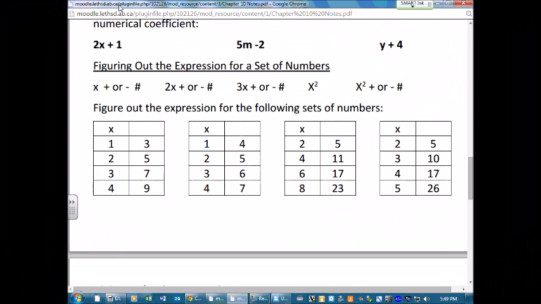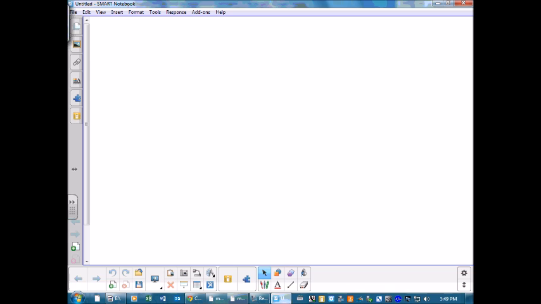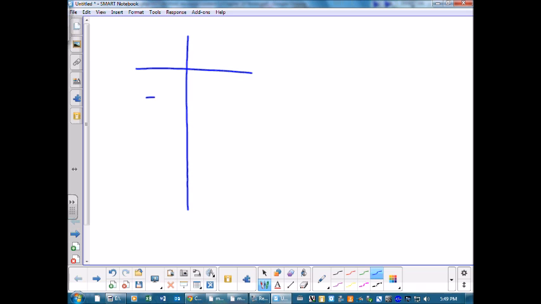Okay, this part of 10.2 on variables and expressions is trying to create expressions based on some numbers that have a pattern. Now, first thing I want to express to you, actually I'm going to go to a different screen, is whenever you have a T-chart like this, and you have these numbers, whatever numbers you happen to have,